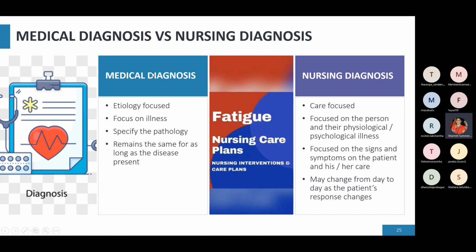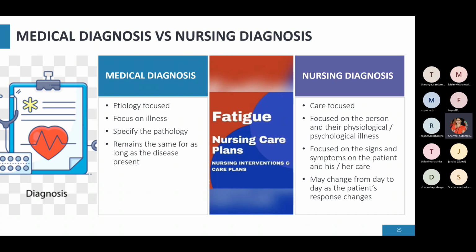Medical diagnosis means if the disease is present, if diabetes mellitus is present, the identified physical symptoms are similar. Even on the first day, second day, or the 100th day, if diabetes mellitus is present, the medical diagnosis will repeat the same signs and symptoms. Why? They are focusing on the physical illness. But when you are talking about the nursing diagnosis, we are focusing on all the parts. So on the first day, maybe the patient is very anxious, fearful about the condition. But when you talk about the 5th day,